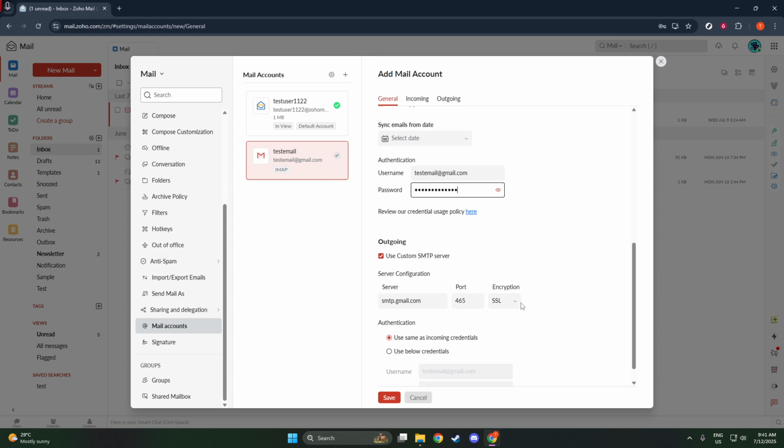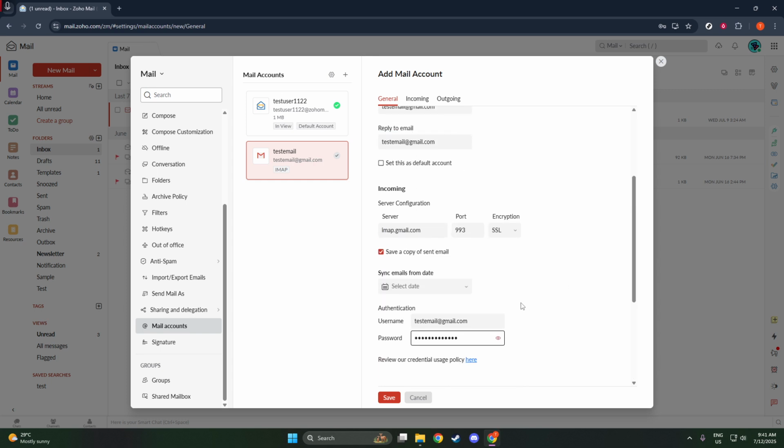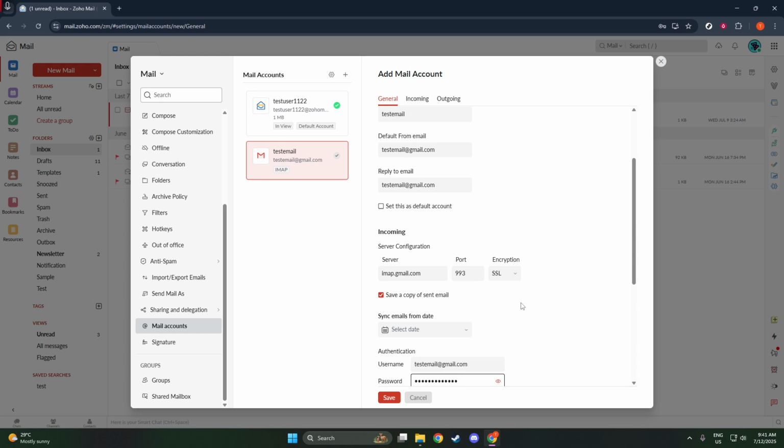Now comes the part where you'll enter your account details. Start with how you'd like your name to appear in Zoho. Then, enter your email address, which should be in full, like your Gmail address, if that's what you're adding. Next are your incoming and outgoing server settings.